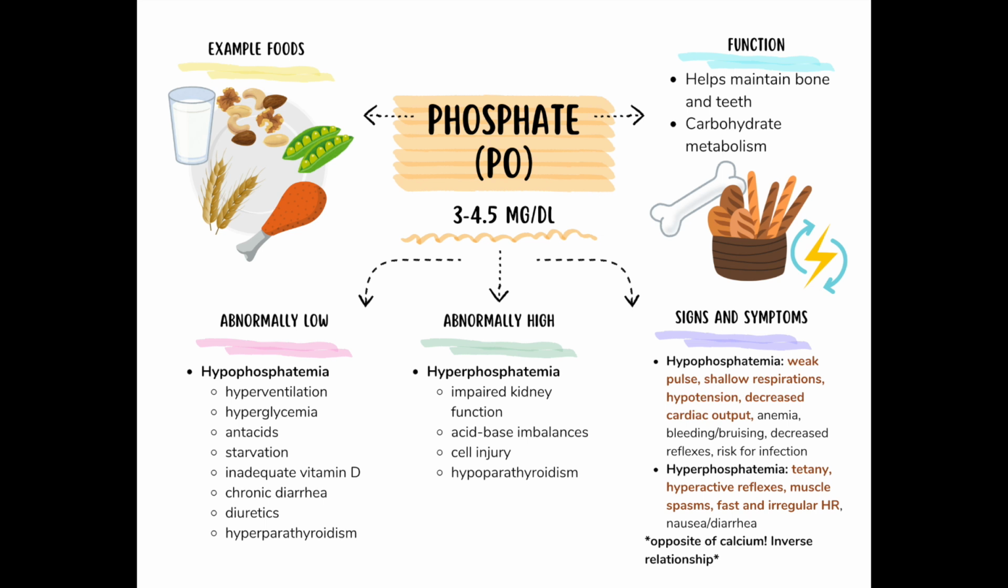Abnormally low phosphate is hypophosphatemia. This is caused by hyperventilation, hyperglycemia, antacids, starvation, inadequate vitamin D, chronic diarrhea, diuretics, and hyperparathyroidism. The signs and symptoms with hypophosphatemia are weak pulse, shallow respirations, hypotension, decreased cardiac output, anemia, bleeding, bruising, decreased reflexes,